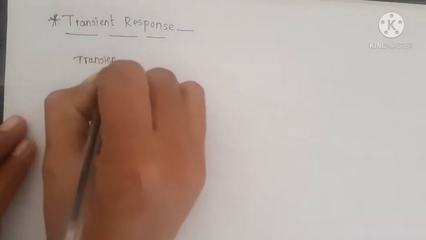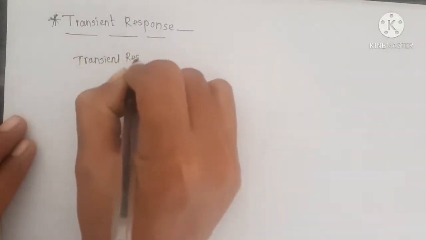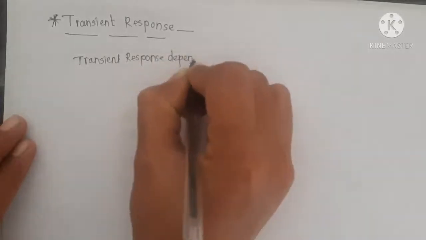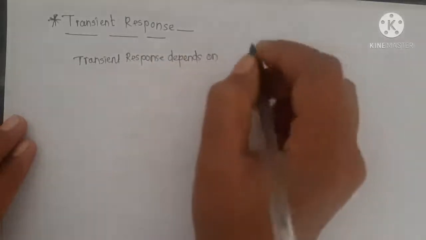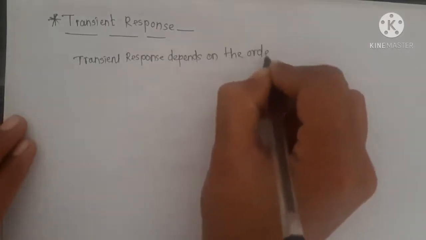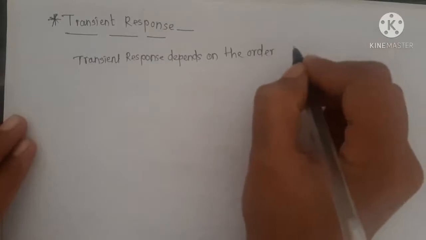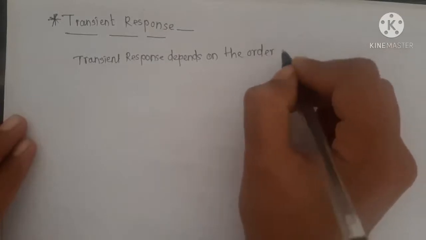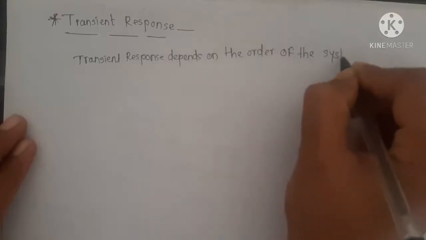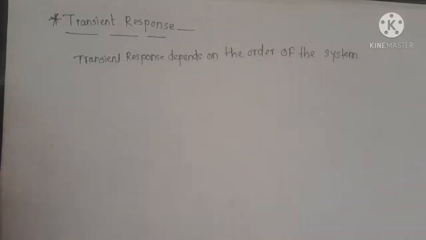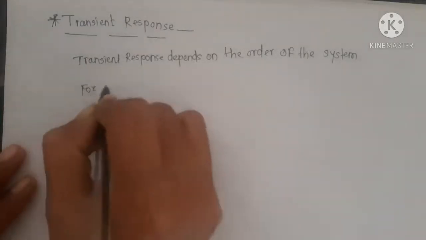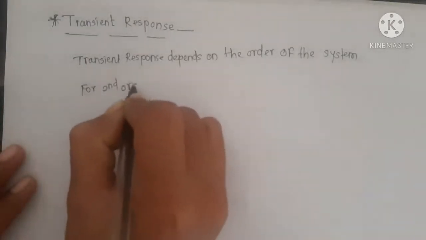Transient response depends on the order of system. So we have seen what is the definition of order of system. So this transient response depends on the order of the system. So let's consider a second order system. For second order system,